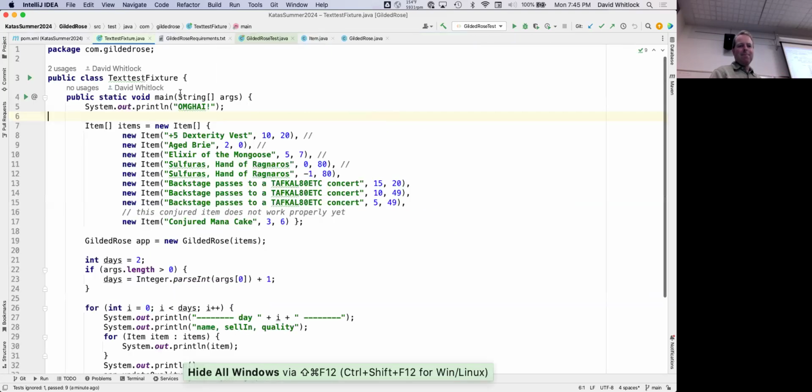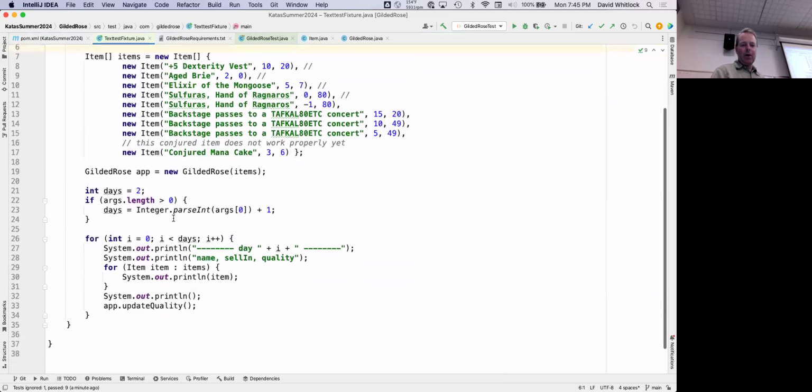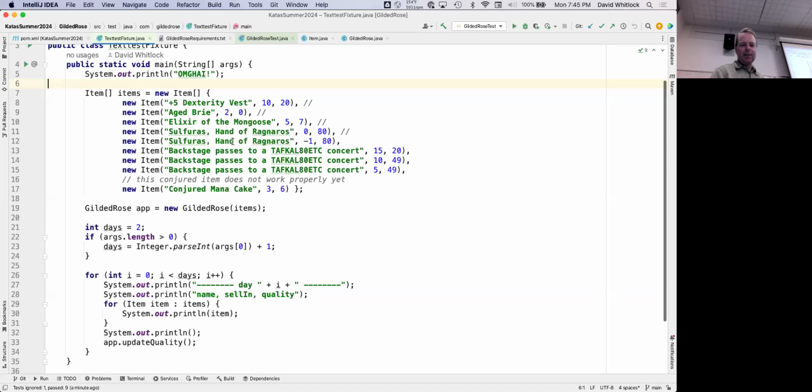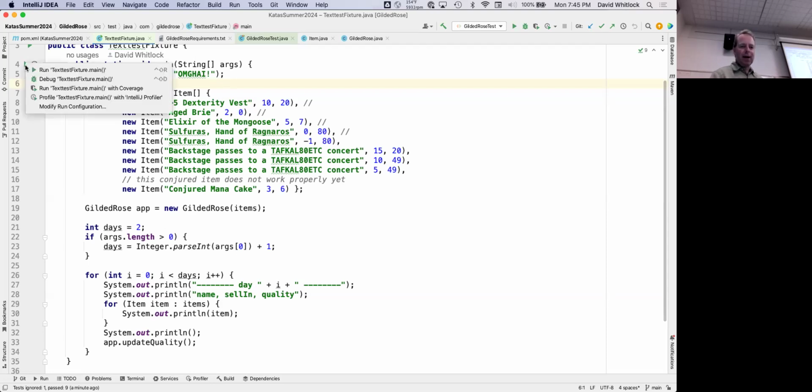This is a main method that basically goes through and creates a bunch of test data, and then on the command line argument, you can provide a number of days that you want to age all these items by. The main method prints out, comma separated, every item on that day. So let's just run this program now.